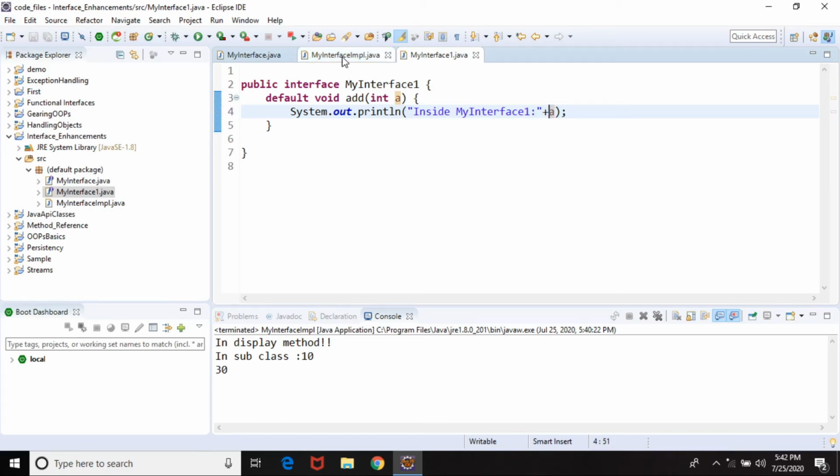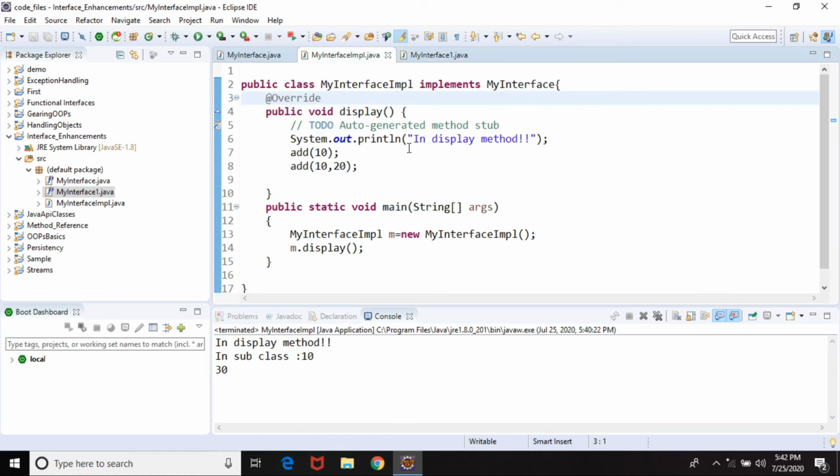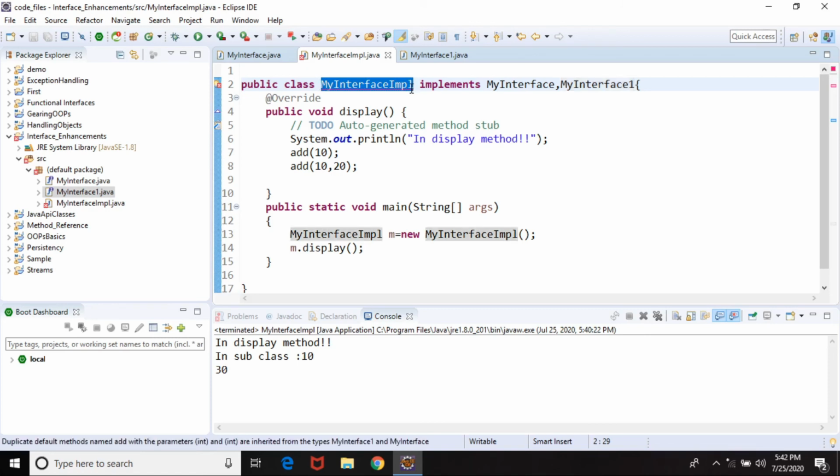Now this class which earlier implemented my interface is now going to implement the second interface as well. And the moment you do that, you will see that there is one error generated for the compilation of this class.